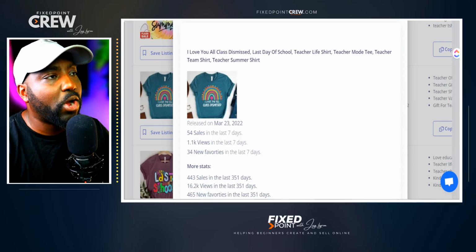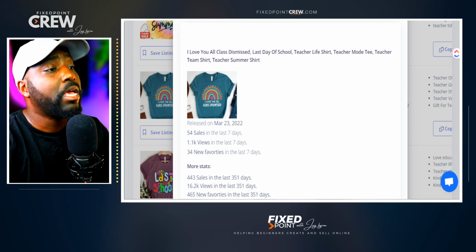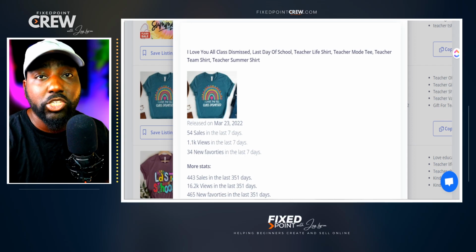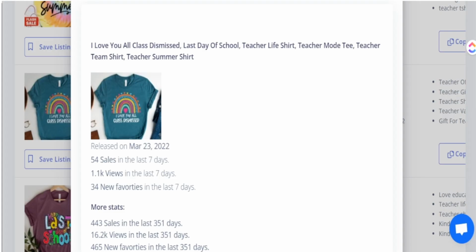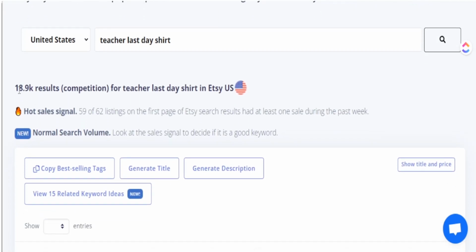All right, so here we are in Insight Factory, and I like to do research before I actually create a product because we definitely want to prove there is a certain level of demand for this item before we even list it. And so what I did here is I basically searched up teacher last day shirts. As we see here, got a level of competition less than 20,000. But again, I see this hot sales signal letting me know that this particular sub niche is getting a ton